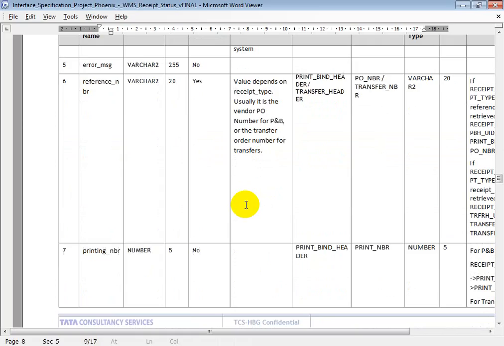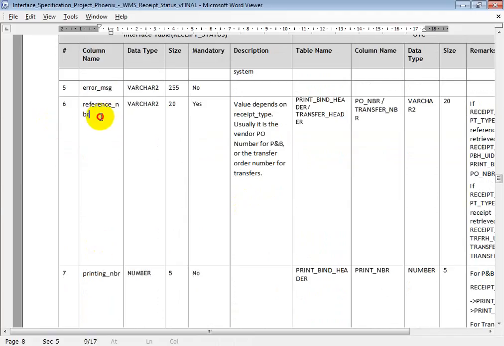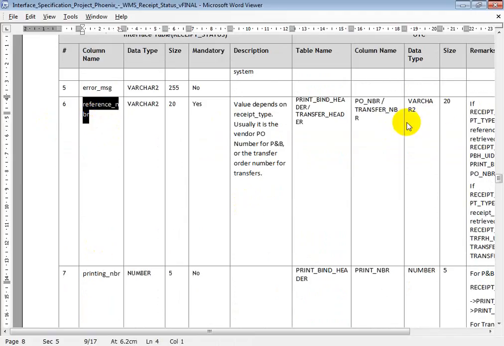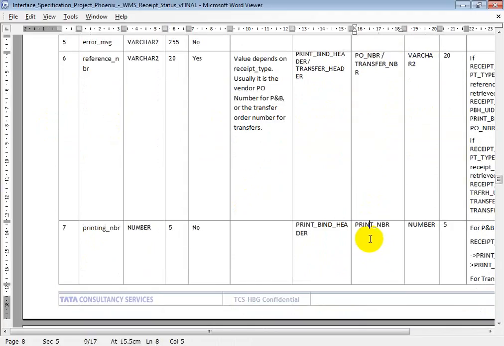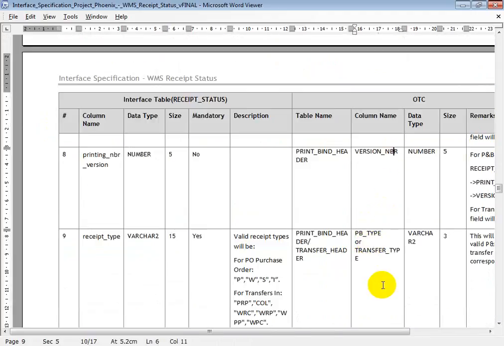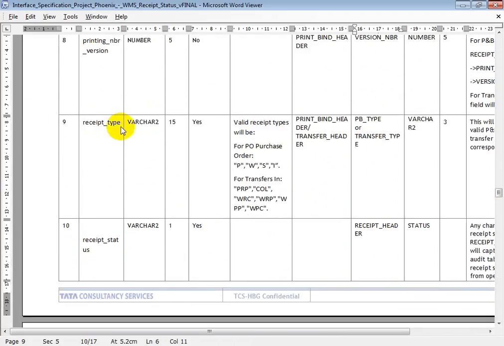Here in this table, it sends the reference number, which is the print and bind PO number, the print number, and the version number. What is the receipt type, whether it is regular print and bind or strip and bind, like that. Bindu has covered print and bind.